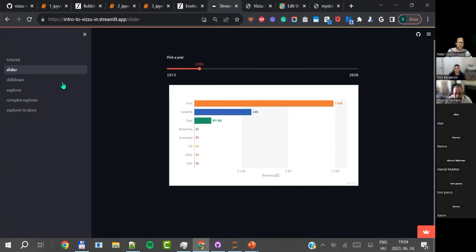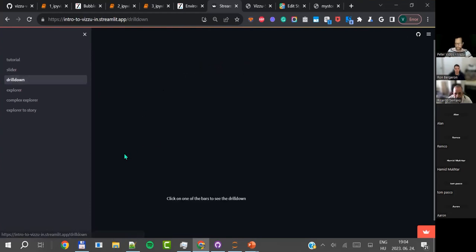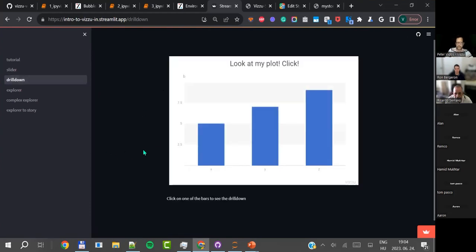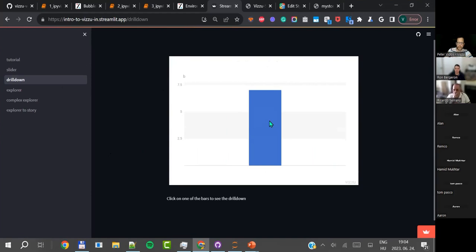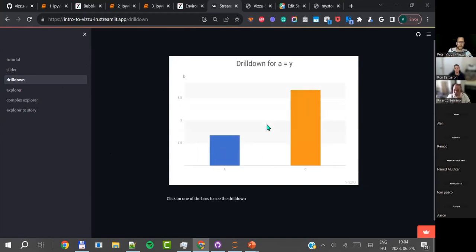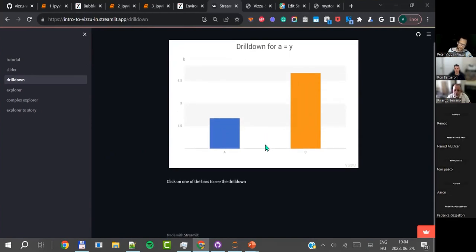We also have bidirectionality, which means that we have the opportunity to click on certain elements and use it as a comment or within the chart.